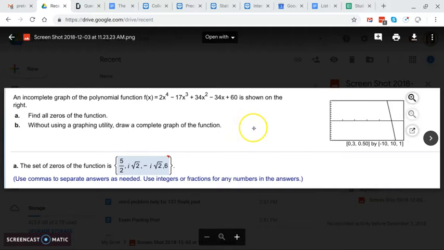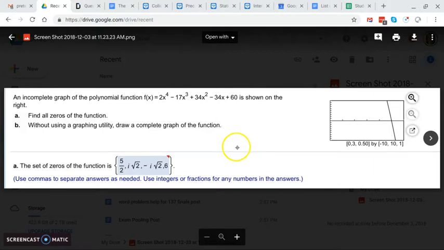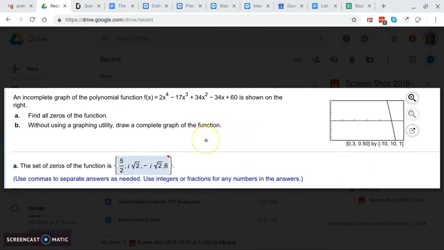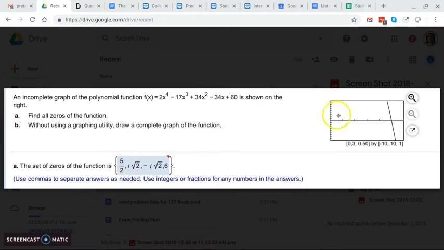Okay, somebody sent me this question from the sample final. This is number 2. You might or might not have exactly the same question, but this is one of the potential question 2s that you could get. Okay, so here we have an incomplete graph of a polynomial function, and we're given the function and this incomplete